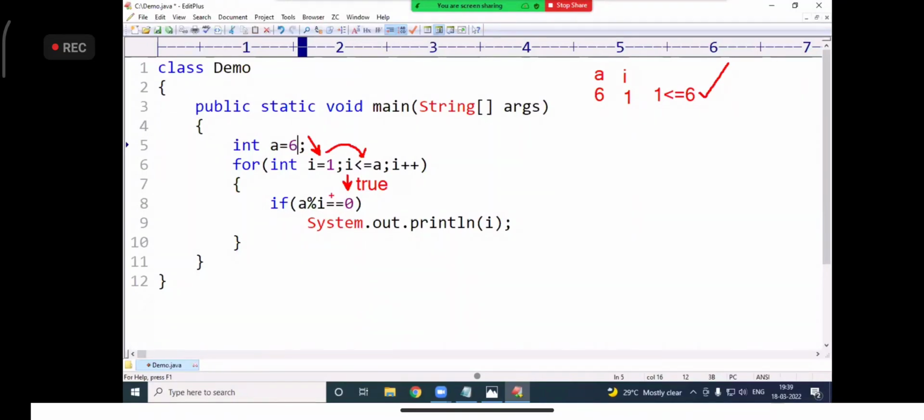Now this condition will check. Now 6 modulo division 1. That means 1 6s are 6. Remainder 0. That means 0 double equal to 0. True. System dot out dot println I. I value is printed. So output 1. 1 printed. After printing 1,